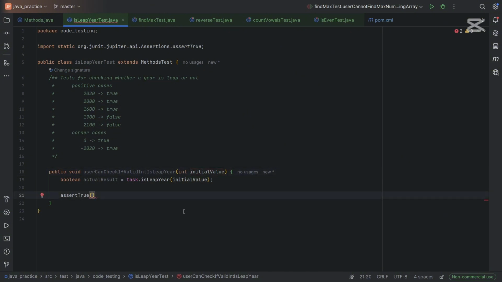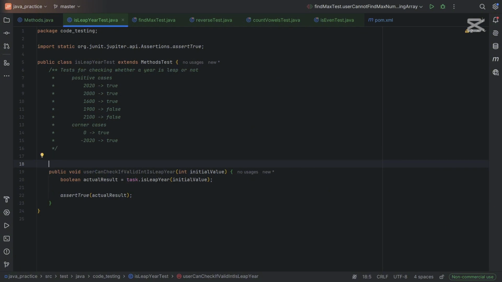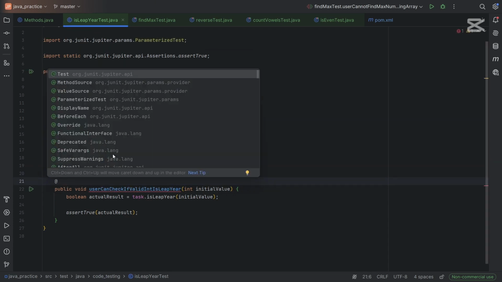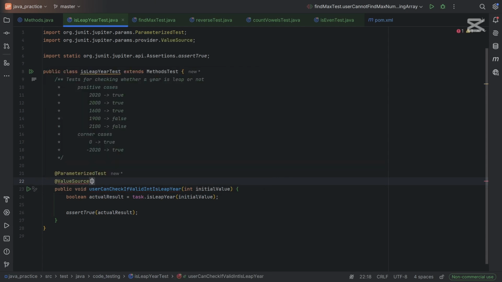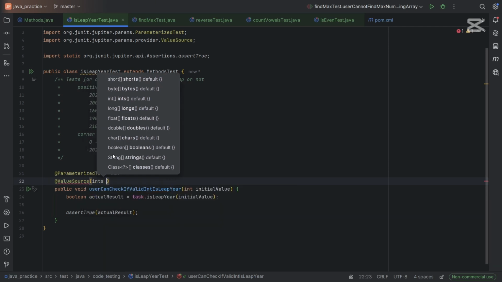Assert true, actual results. So we know that the actual result should be true, since here we said user can check. So this will be a parameterized test again, and for this one we can use value source. So we have integers, that's why we'll say ints equal to